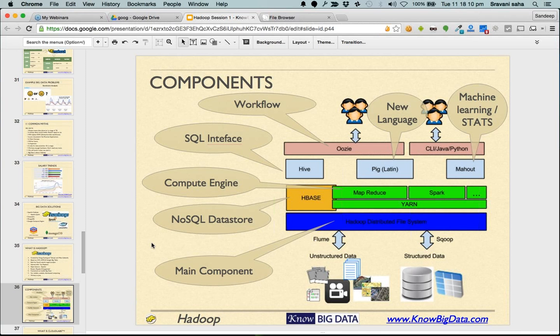The next is Pig Latin. Pig Latin is an SQL-like language designed from the bottom up for handling big data, for querying big data, not writing to big data or modifying big data, but querying the big data. If you have to query the big data, you will find it very comforting to use Pig.